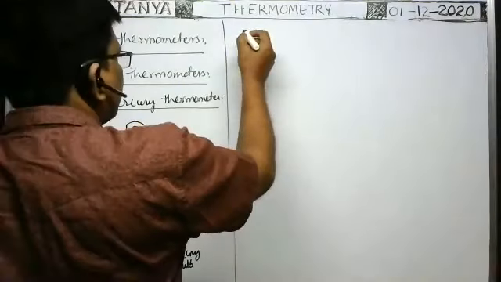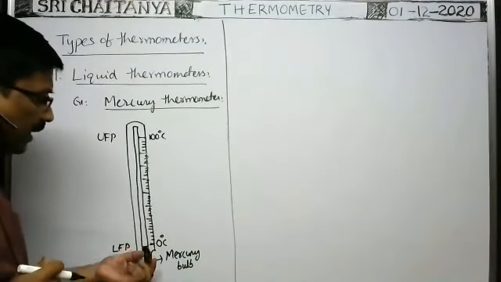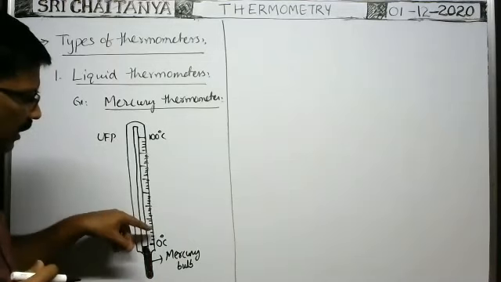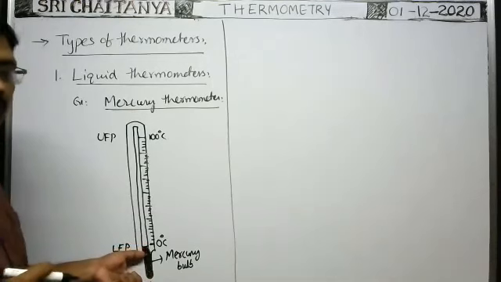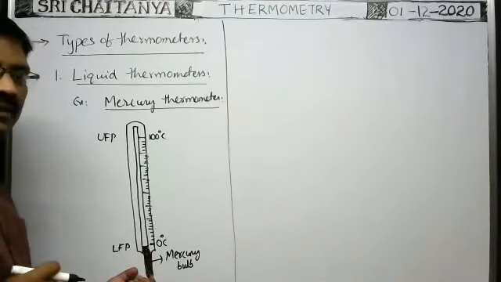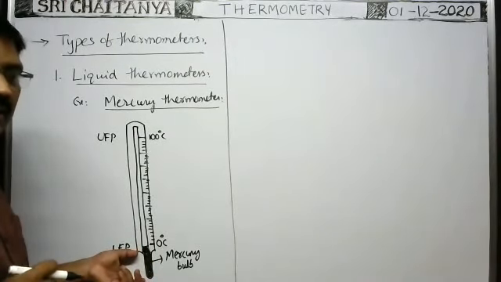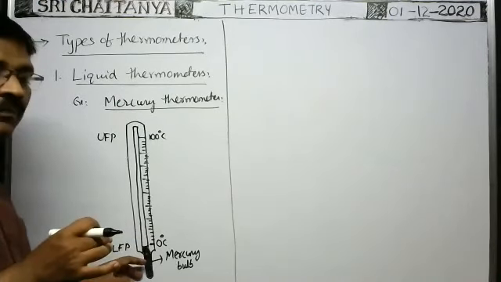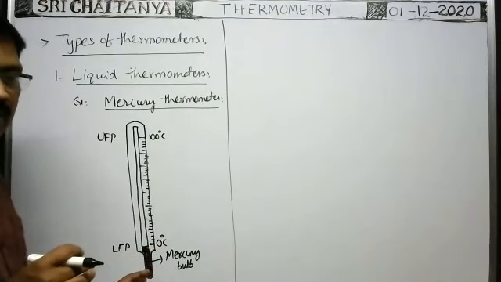Why is the bulb of any thermometer definitely made in the form of a cylindrical shape? For the given volume of mercury, when it is taken in a cylindrical bulb, it has more surface area.